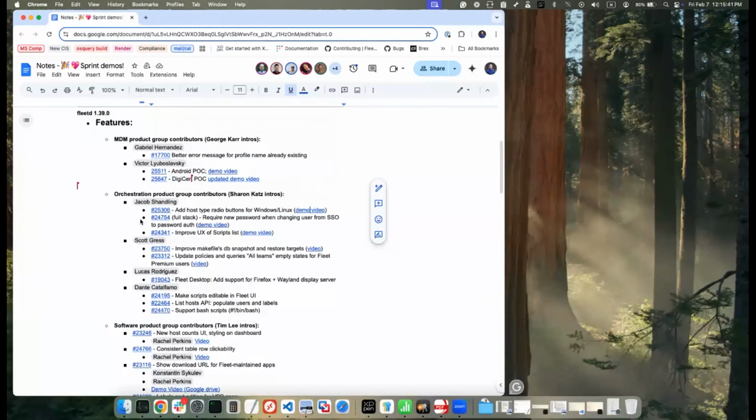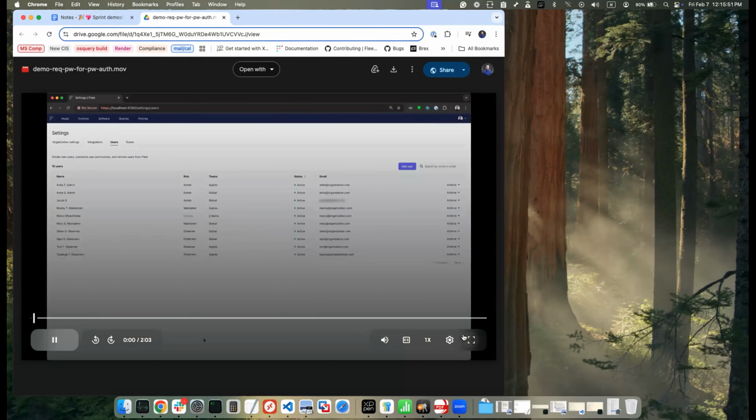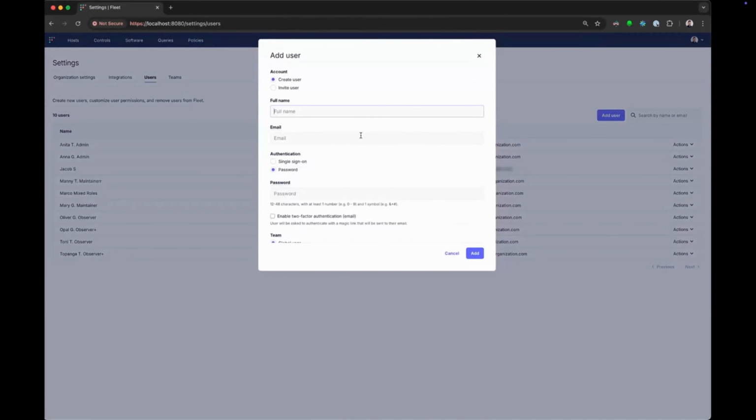That was the first. Second thing is requiring password when changing from SSO to password. So let's see that. When updating a Fleet user's authentication from single sign-on to password-based, Fleet will now require the inclusion of a new valid password. So if we create a test user